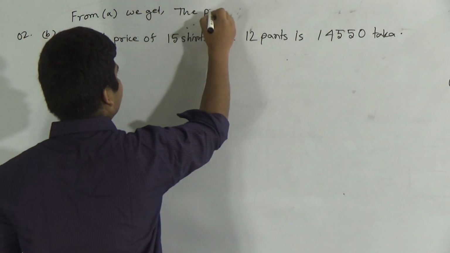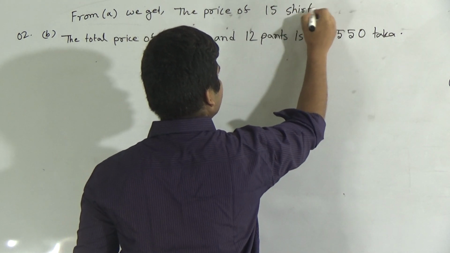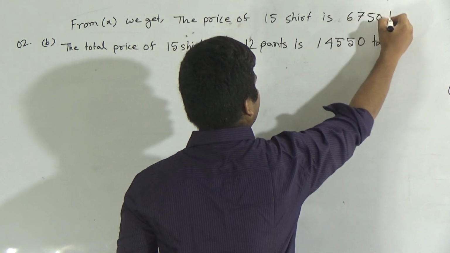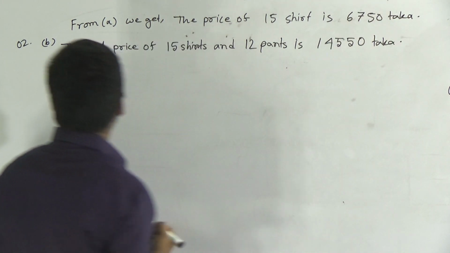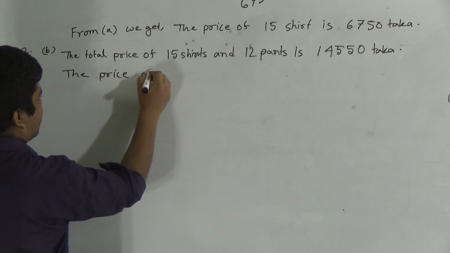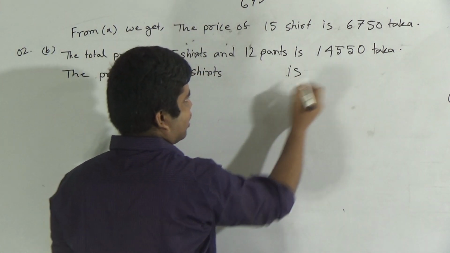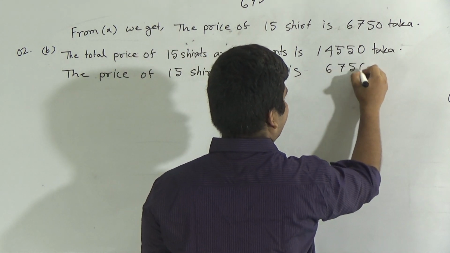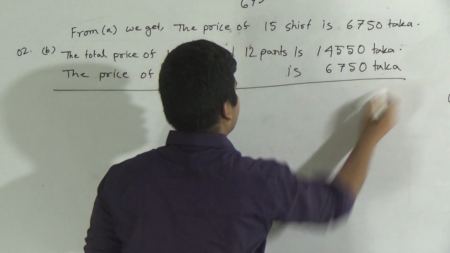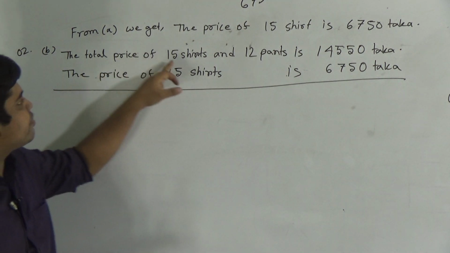the price of 15 shirts is 6,750 taka. Now I write this in this section. The price of 15 shirts is how much? 6,750 taka. Dear students, if I subtract the price of 15 shirts from the total price of 15 shirts and